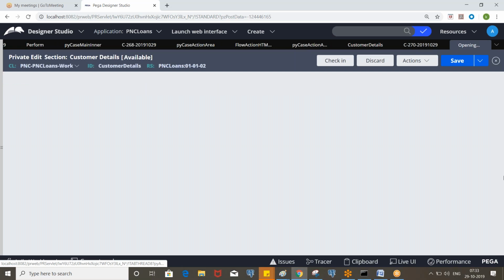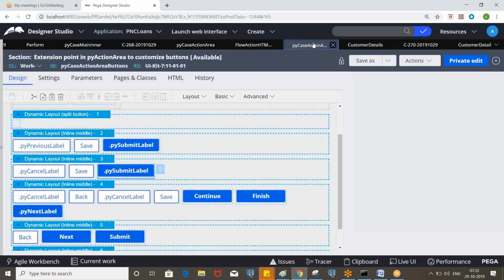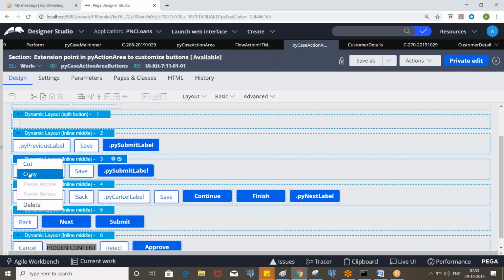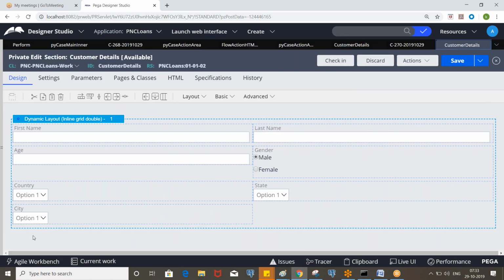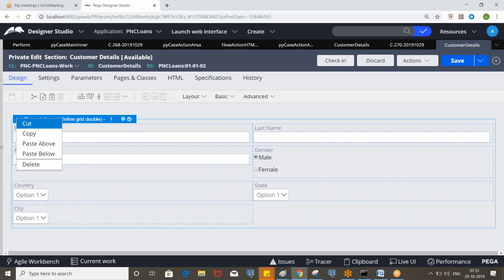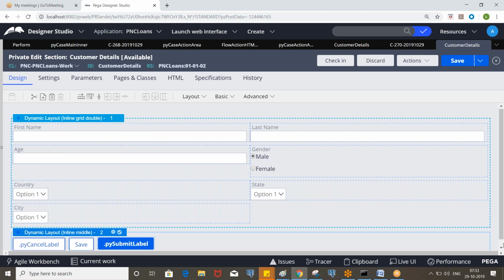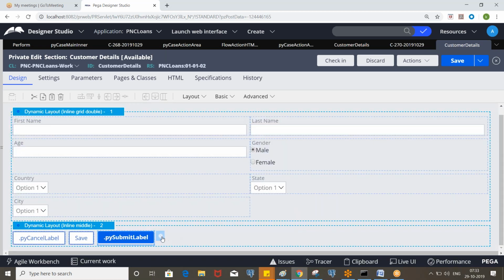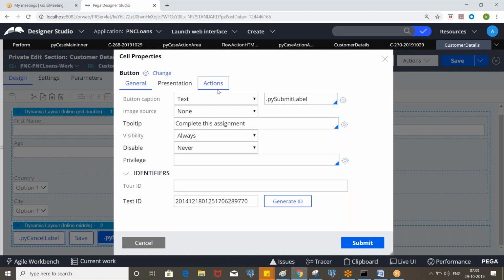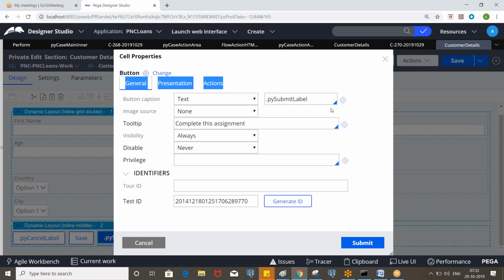So take the customer details, take the button from PY case action area and modify it like this. You can customize it. I want a different label, so you can put a different label.